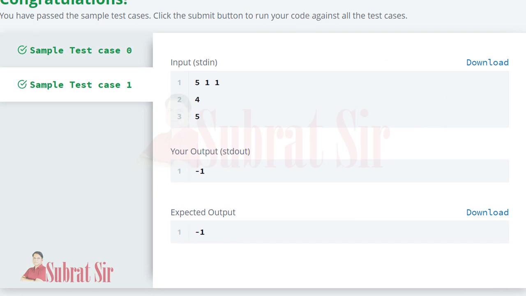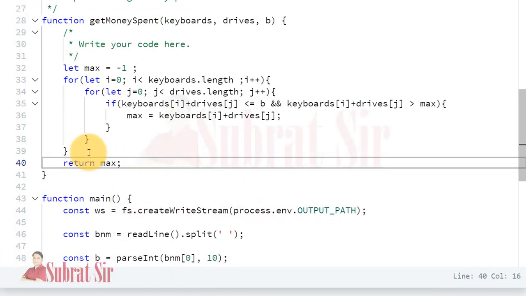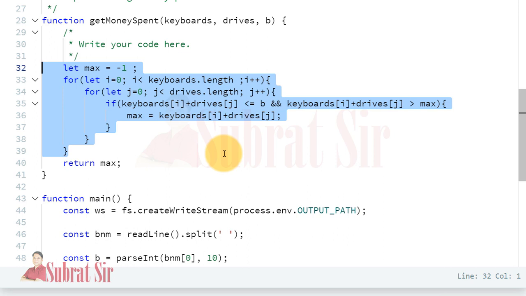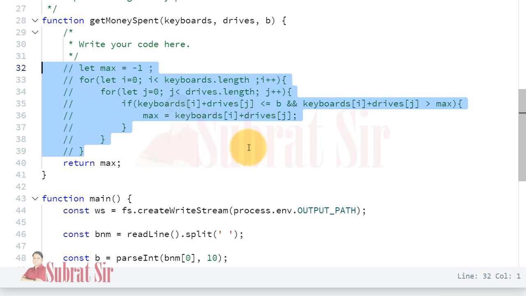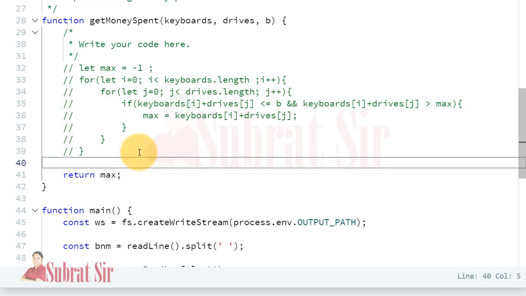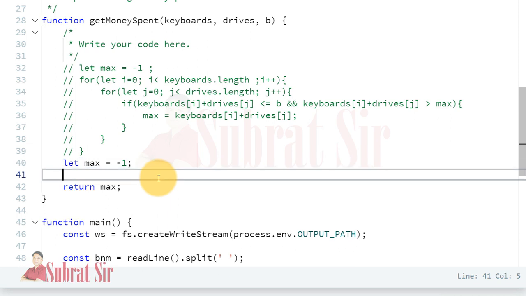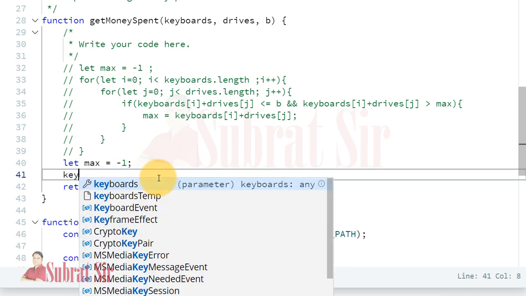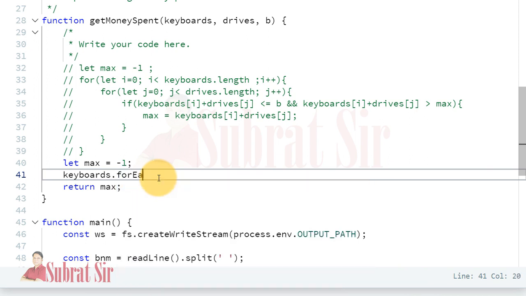Now as I committed, we will write the same script using ECMAScript. Okay. So let us comment out these things. Now these will be ignored by the compiler, and we will write the ECMAScript code. So here let max equal -1, it is same. Only these loops we will write in ECMAScript. So keyboards dot forEach. Okay. This is advanced forEach loop.